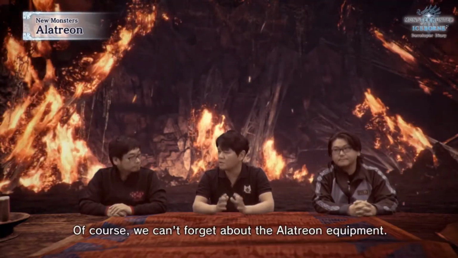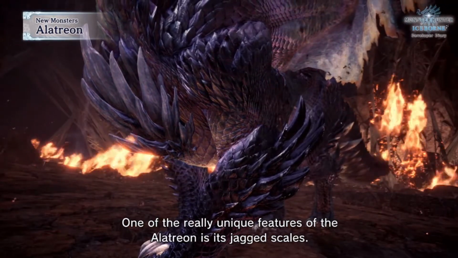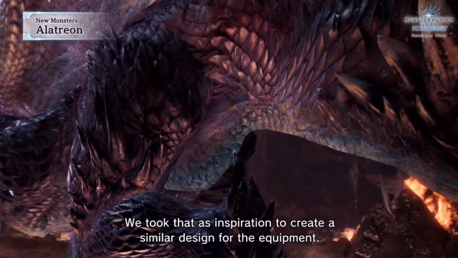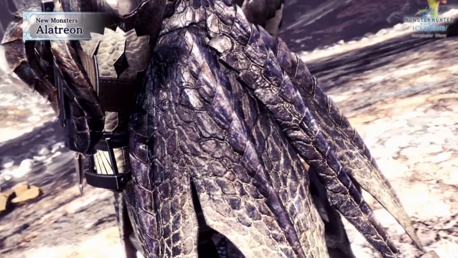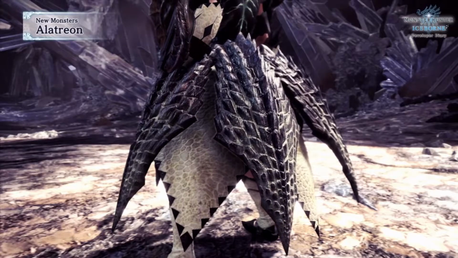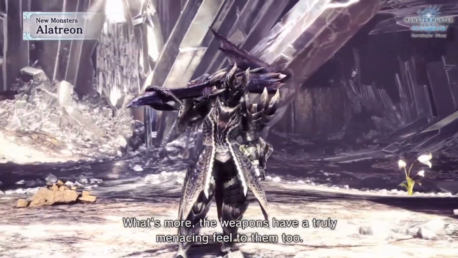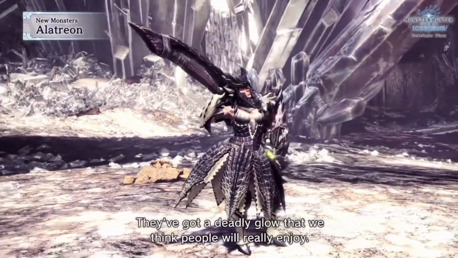Of course, we can't forget about the Elatrion equipment. One of the really unique features of the Elatrion is its jagged scales. We took that as inspiration to create a similar design for the equipment. It encapsulates all the elegance and ferocity of an elder dragon. It looks very similar to the old Escadora, which is great. What's more, the weapons have a truly menacing feel to them, too. They've got a deadly glow that we think people will...